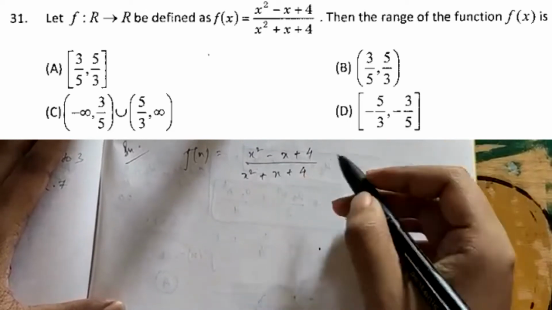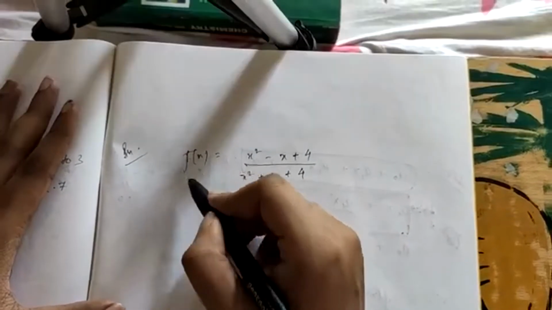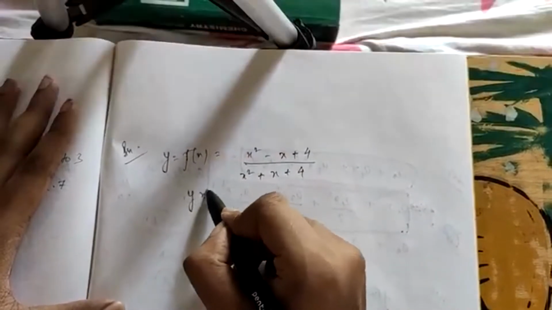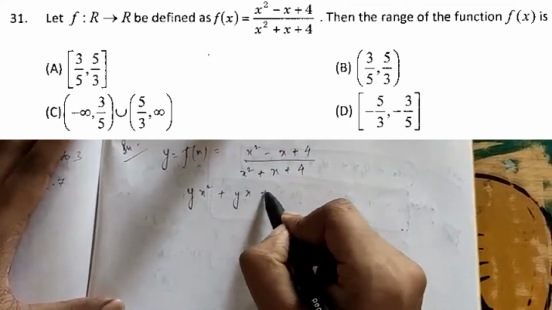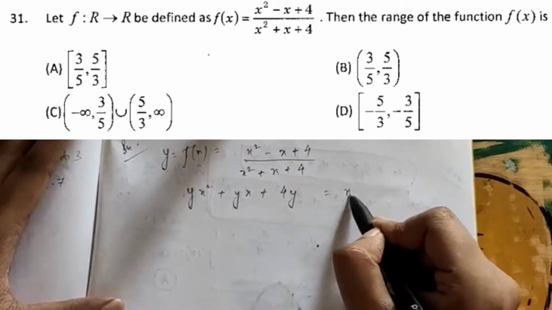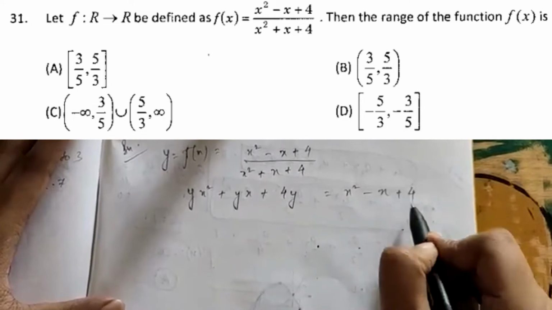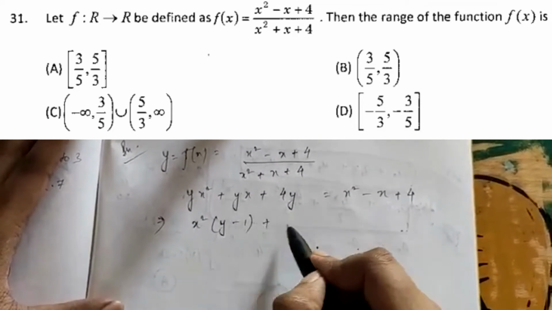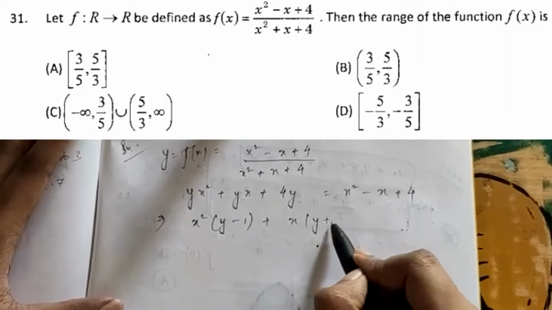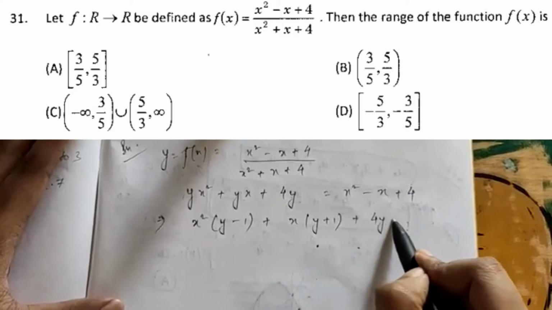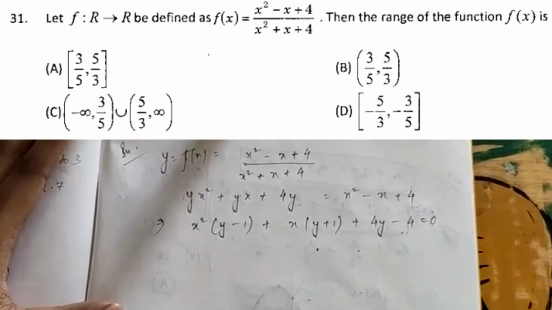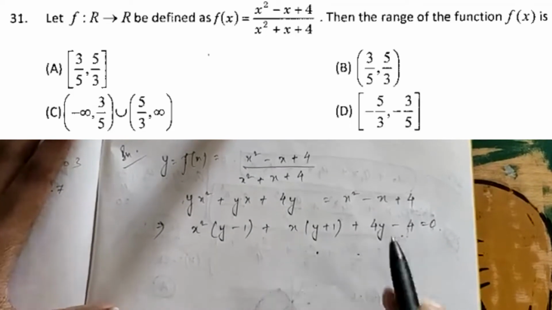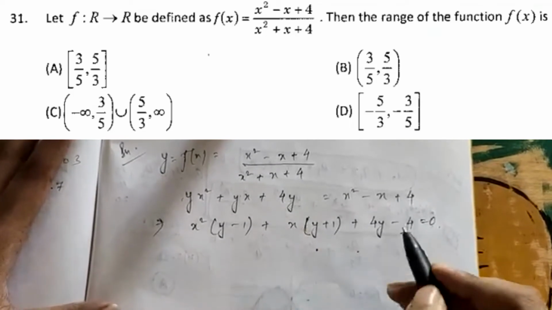Then the range of the function f(x) will be... I am taking f(x) as y, so it will be yx square plus yx plus 4y equal to x square minus x plus 4. So x square into (y minus 1) plus x into (y plus 1) plus 4y minus 4 is equal to 0. Since it's been said that x is real, therefore the discriminant must be greater or equal to